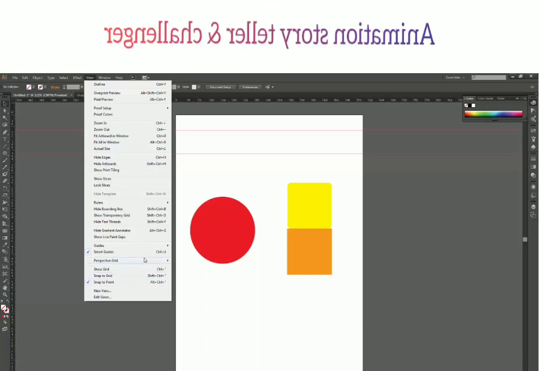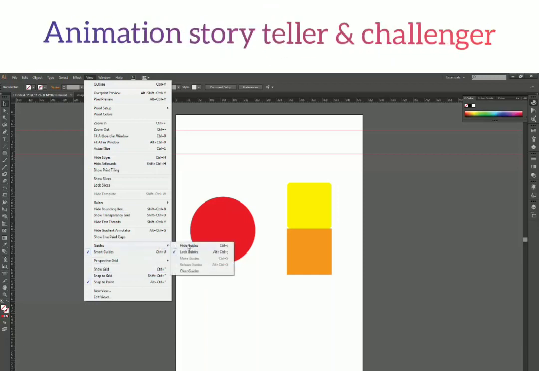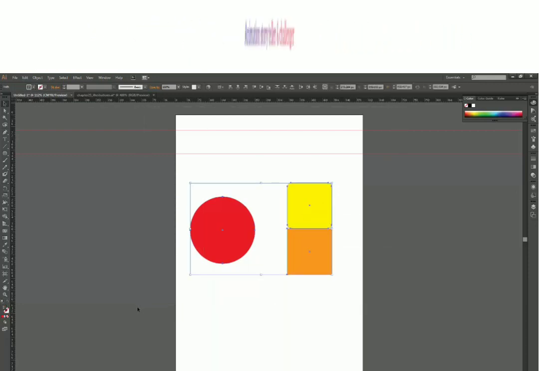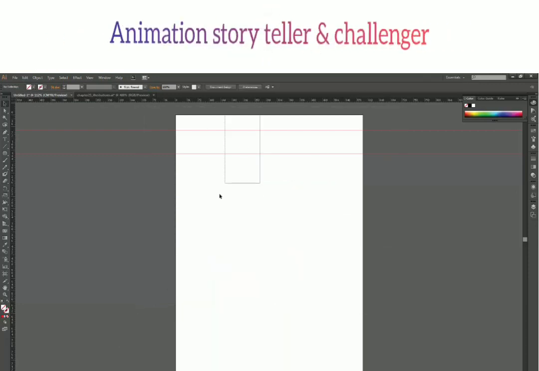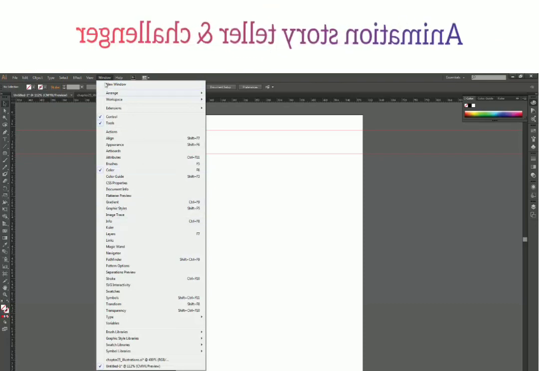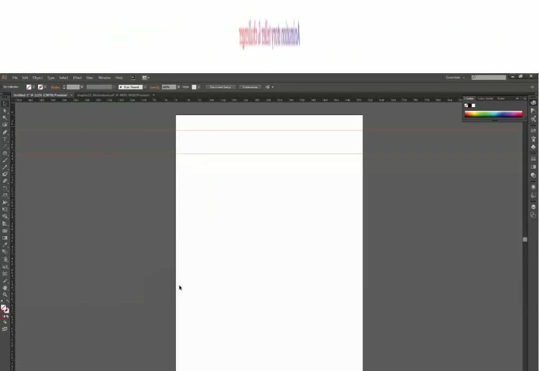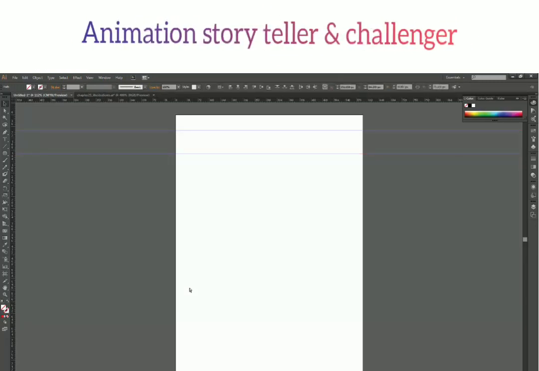say lock and unlock. So I'm just gonna unlock it right now and select all of this and press delete. I think it's still locked. So view guides, and okay, it's unlocked from here, but I have to press Ctrl Alt 2. Okay.